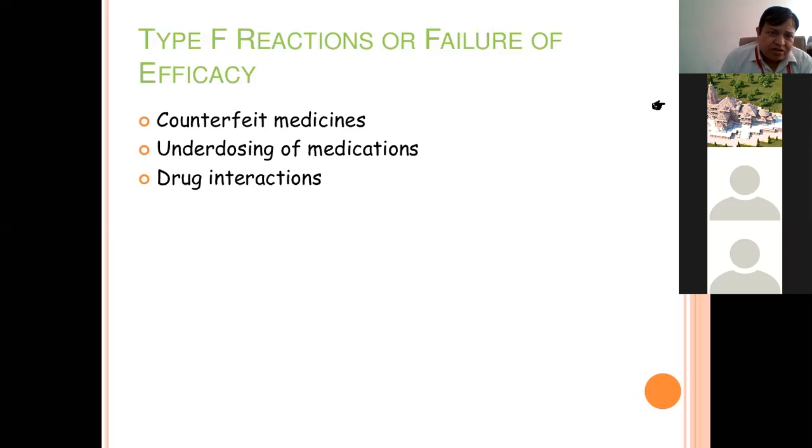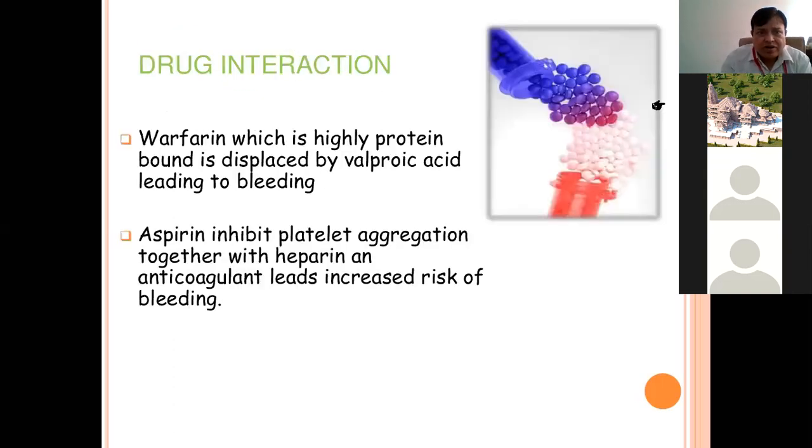And third is drug interaction, that is also a cause of type F adverse drug reaction. Drug interaction, just you can see here, warfarin, which is highly protein bound, is displaced by valproic acid, leading bleeding. Means if you are taking warfarin with valproic acid, then it may cause bleeding in your body,